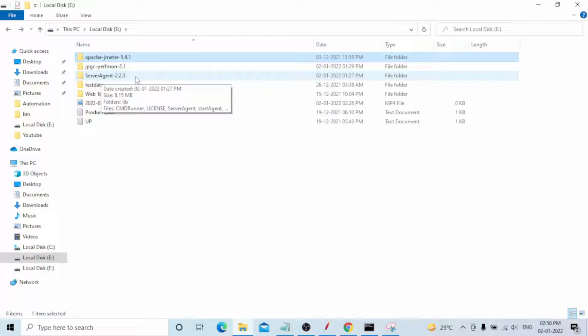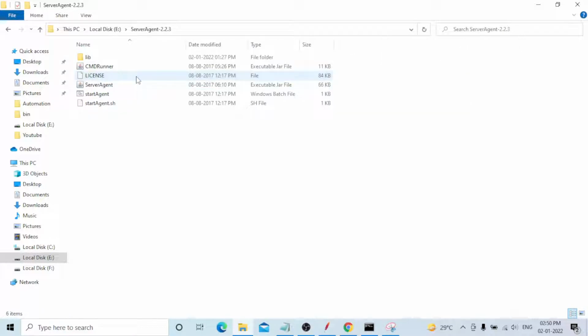I have already downloaded and extracted it. This is the file. You can see in Windows computers everything is command line only. This is the start agent, startAgent.sh. On Windows computers you need to double-click and run it. This one is for Linux or Mac computers.